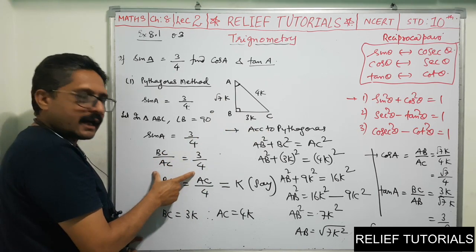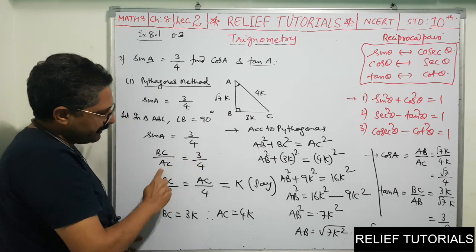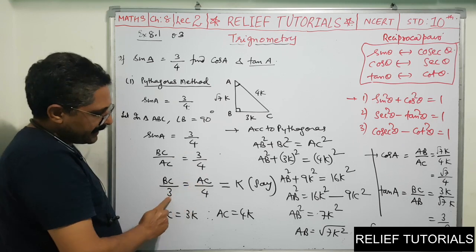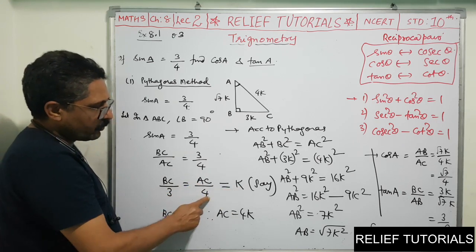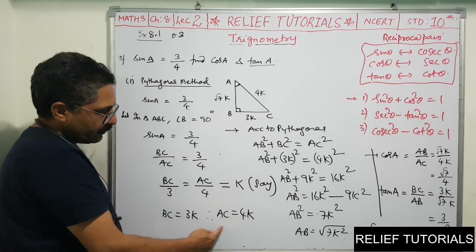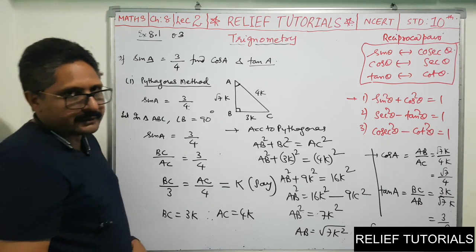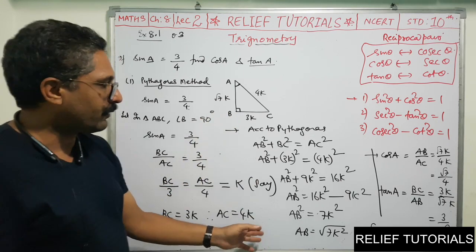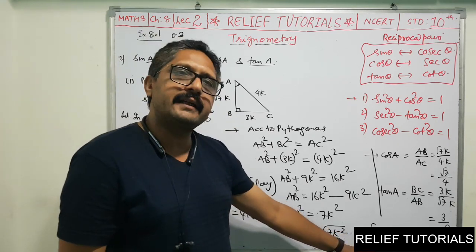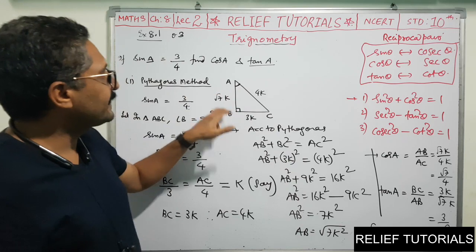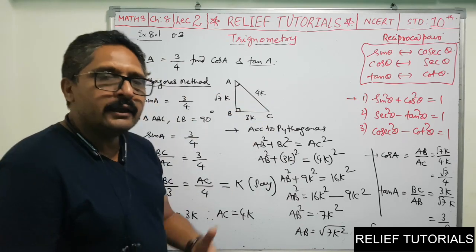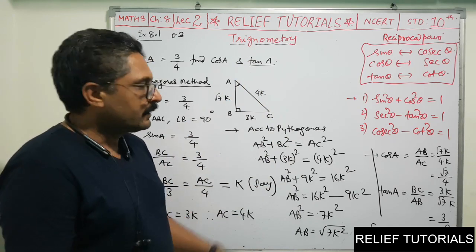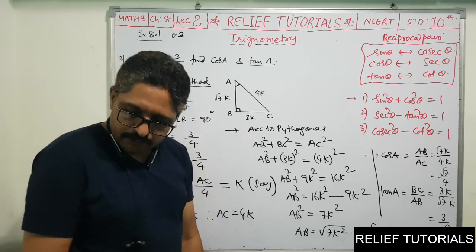Then I have applied alternendo here. So AC will go here, 3 will come here. Now we can find the value of both BC and AC. As 3 will go there, we get 3K, 4 will go there, we get 4K. So we get two sides of a right angle triangle. The third side can be found by using Pythagoras. So we have found the third side, root 7K. And when you have all three sides of a right angle triangle, you can find the value of any ratio. So this is the Pythagoras method.